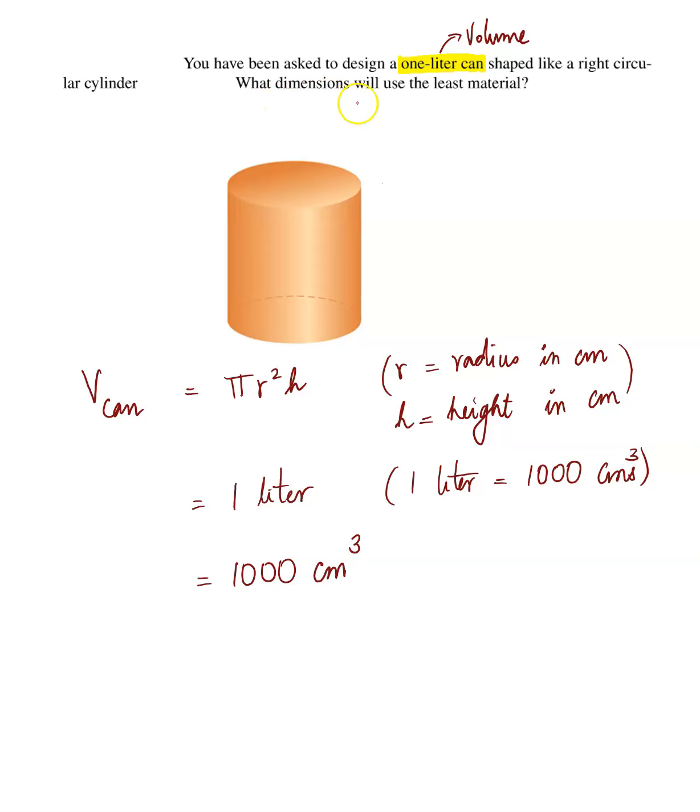However, they're asking what dimensions will use the least material. When they talk about least material, you're not talking about the volume, what it contains. It's about the outer covering, right? It's what material is used to build this cylinder. So that means we are talking about the surface area, the surface area that goes around, on the top and the bottom. So surface area